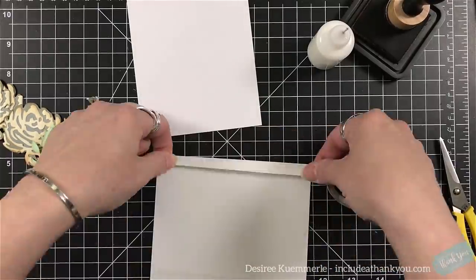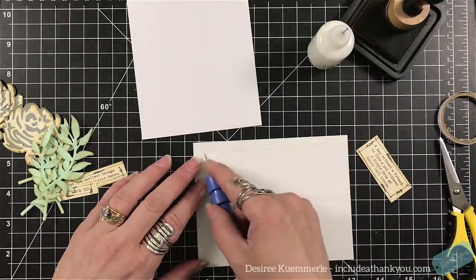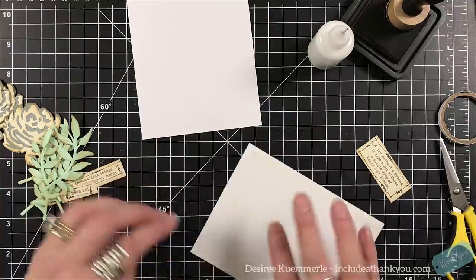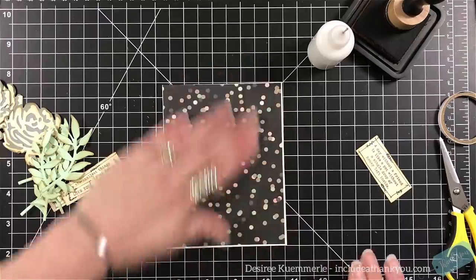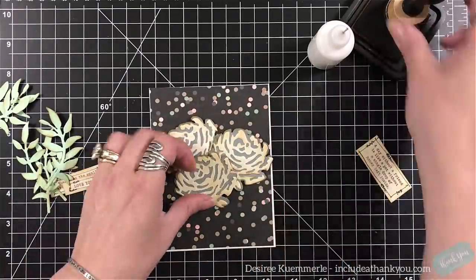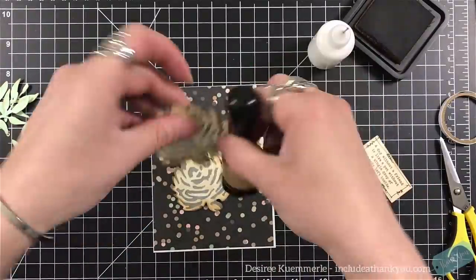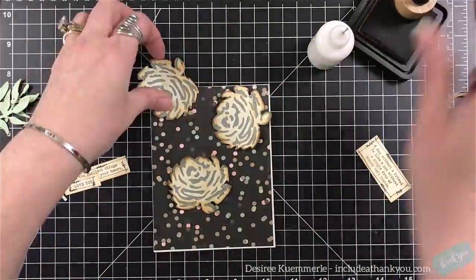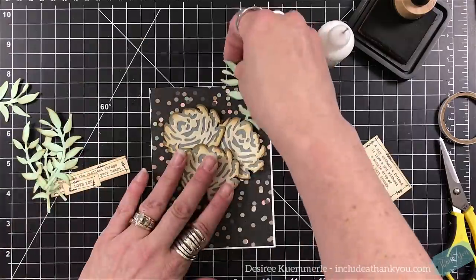I'm going to start layering my card. I'm going to put down the background first using the double-sided tape. And again, this is that 4 1/8 by 5 3/8. Now we're going to play with the placement of the roses. I feel the need for some more vintage photo for that top one. And of course now the other ones, just to give it more shading. The back two are going to be